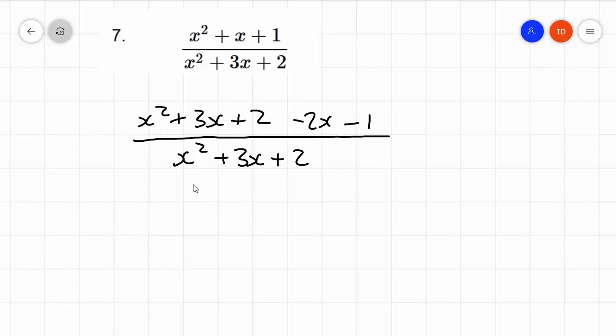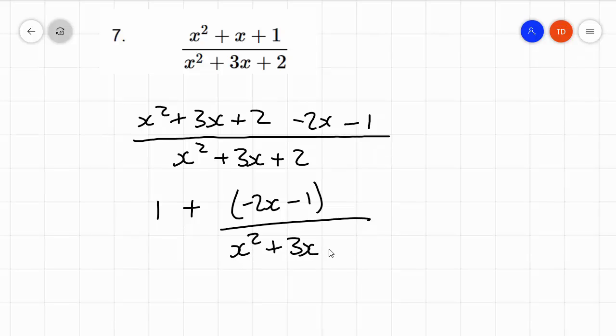The reason I did this is so that this part of the expression is equal to 1. So now I can write 1 plus brackets minus 2x minus 1 over x squared plus 3x plus 2. Be careful of your signs when you've got an expression like this. So I don't need to worry about the 1 anymore, and I can solve this part of it in the normal way. So what I'm going to do is